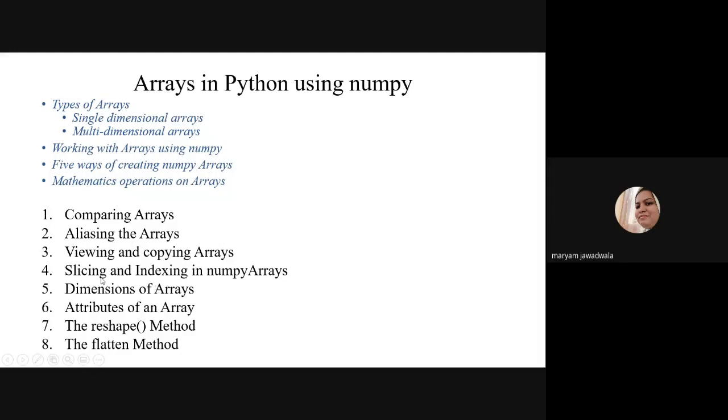Then we understood what the dimension of the array means. If you understand the dimension of the array well, then only you can apply the attributes of the array. The 6-point attributes of the array are very important. You should write a program using all 6 attributes on 1D, 2D, and 3D arrays. And in the last slide we discussed the reshape and flatten methods.